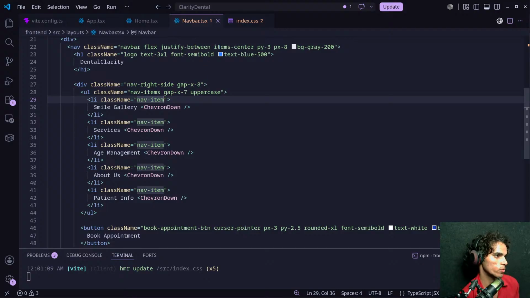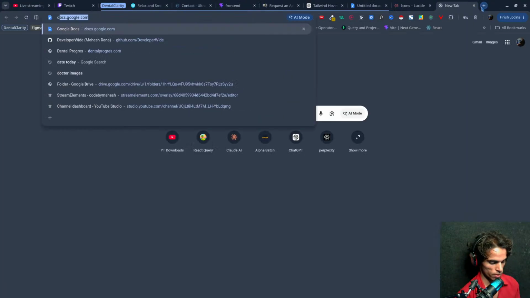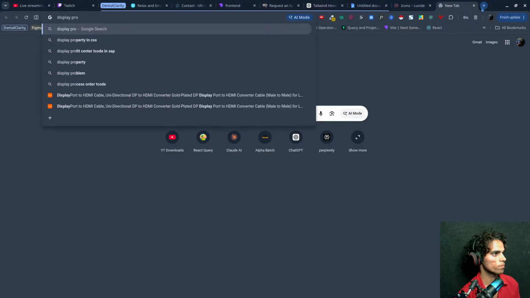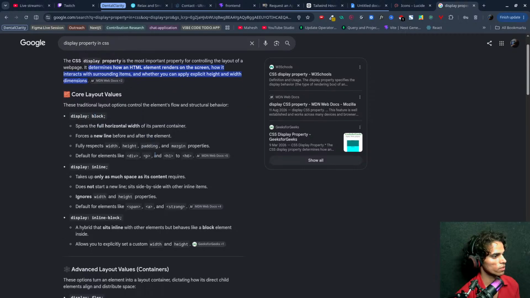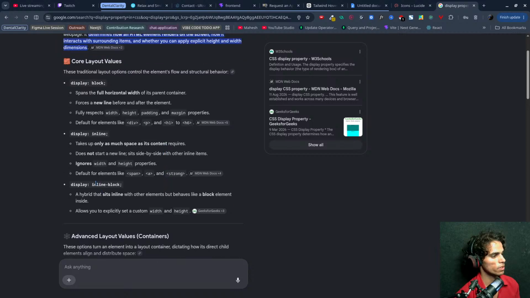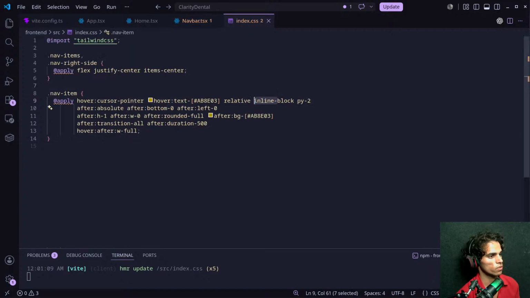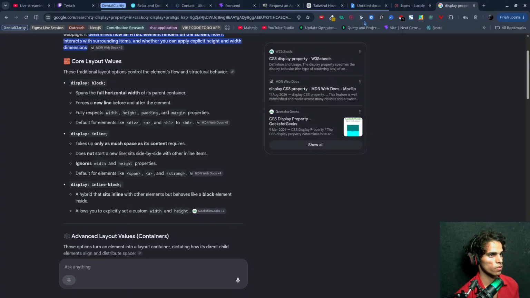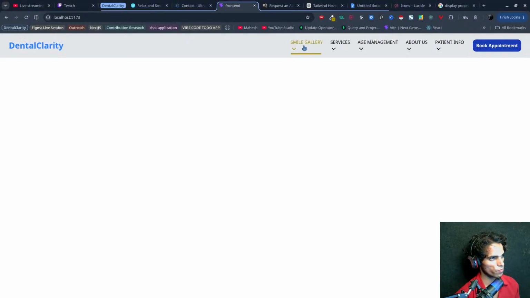What we are going to do for each nav item, and let's see display properties. We have block, inline block, and advanced layout, but these are the things that I want to use. If I give it block, let's see.